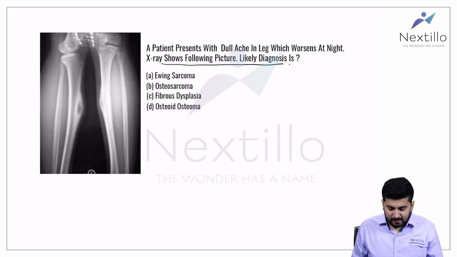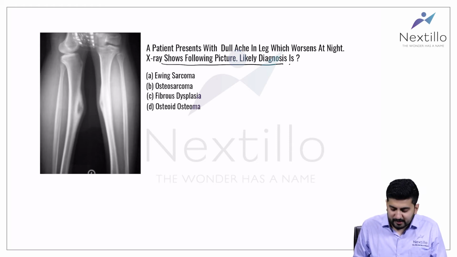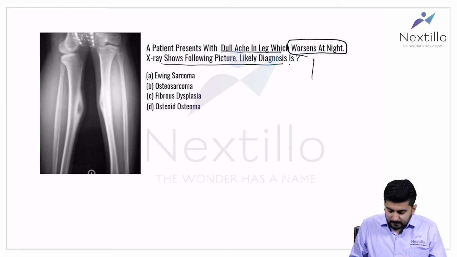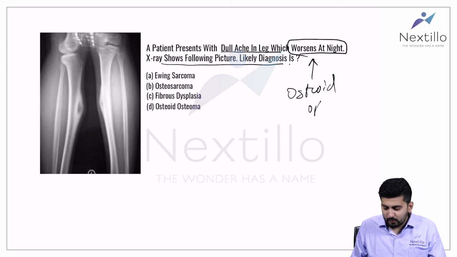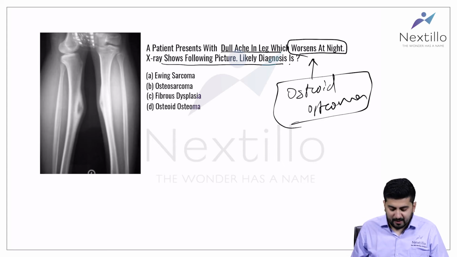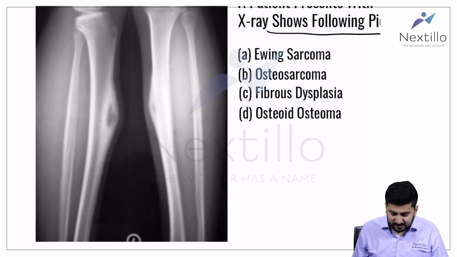Now, in this question, there is a hint. There is a dull ache in leg which worsens at night. So this points towards one diagnosis which is known as osteoid osteoma, because in cases of osteoid osteoma, there is a dull aching pain which worsens at night. Now, if you see on this X-ray,